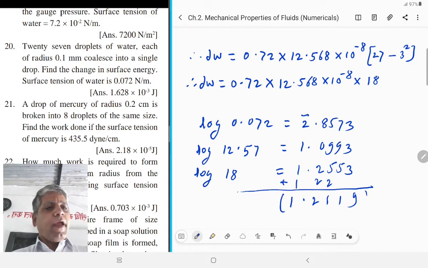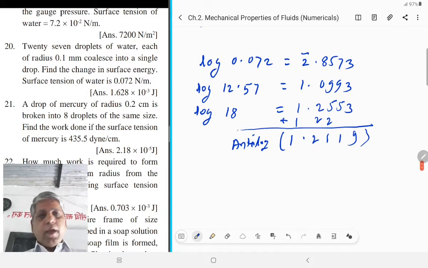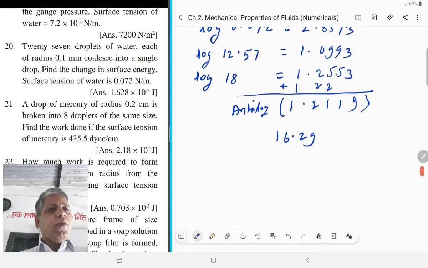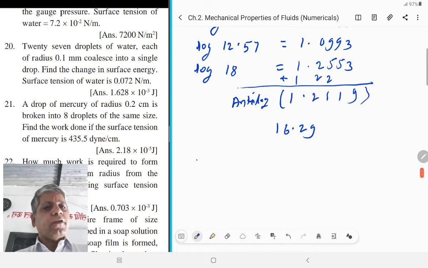Taking the anti-log of this log we get anti-log is 16.29. Therefore the change in surface energy is 16.29